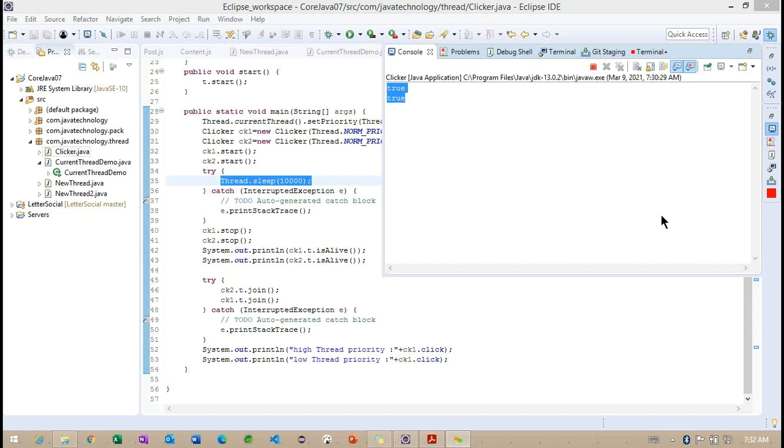What happened? Okay, are these two still running, or what is happening? Okay, let me stop. Still it is running.